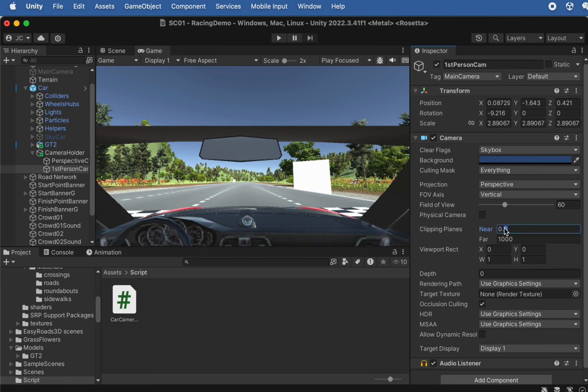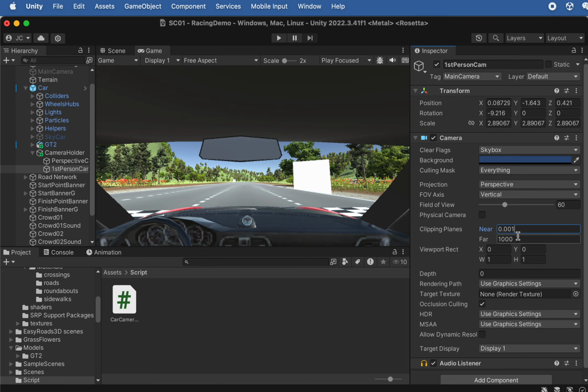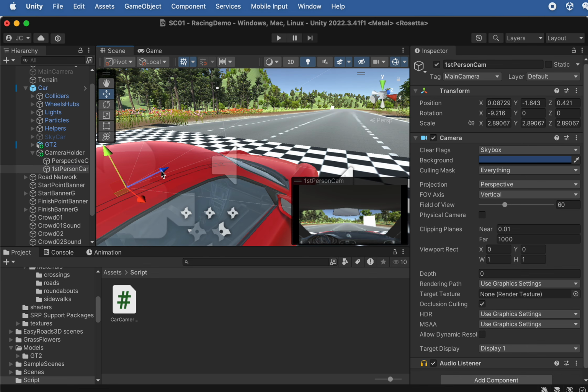So we're gonna change this to 0.001, the lowest number. Oh, it automatically jumped to 0.01. Anyway, but now you can see that we will not be able to see through it. So now you can bring the camera a little bit closer to the window